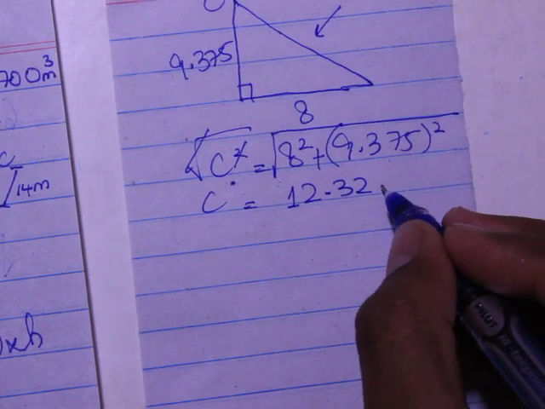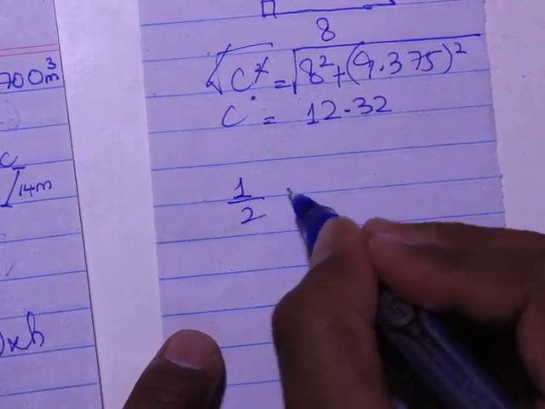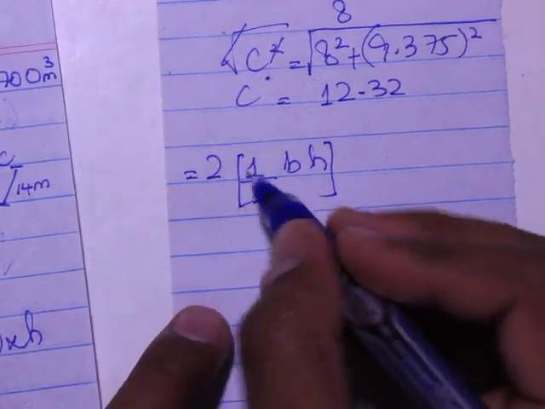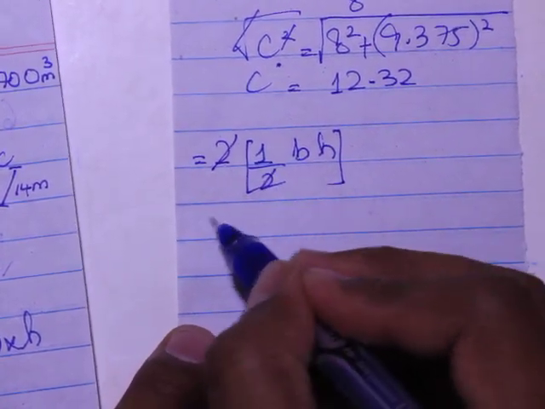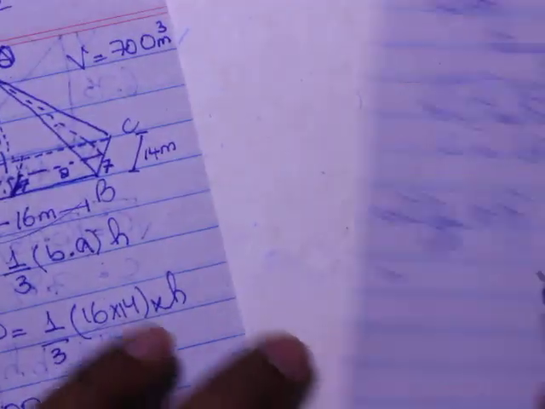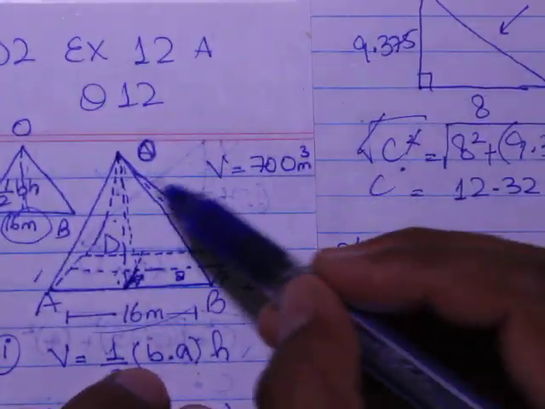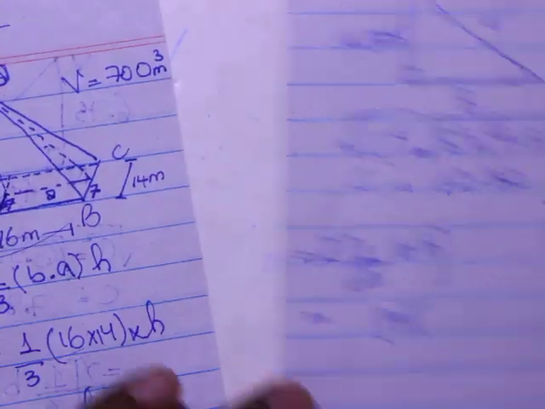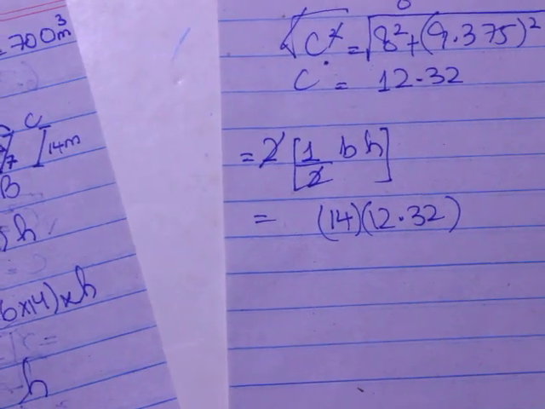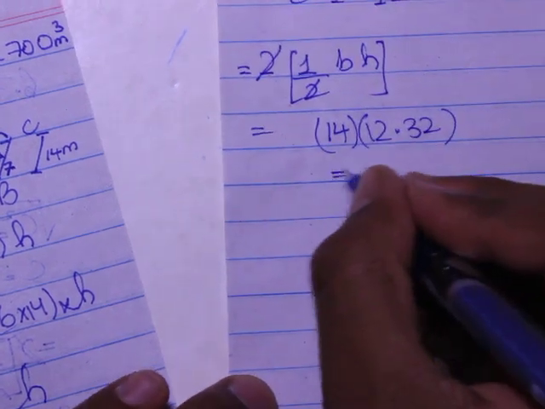Now this is the height, and to find the area we will use the formula 1/2 base into height. As we have two same faces, we will use 2 times the same formula. This 2 cancels with the 1/2. Now come to the base. This is now my base, 14 meter, so I will use 14 meter as the base. Again, I want not the height of the pyramid but the slant height, which is 12.32. Multiplied by 14, this is 172.54. This is area 2.